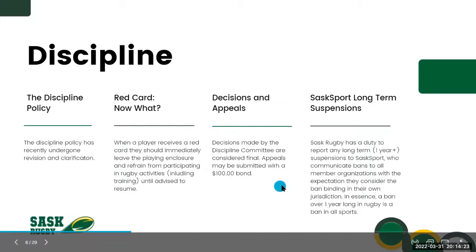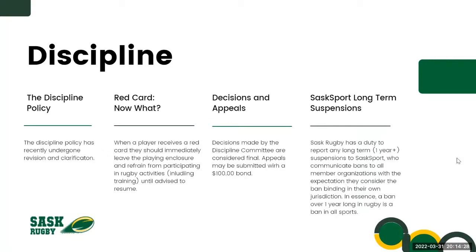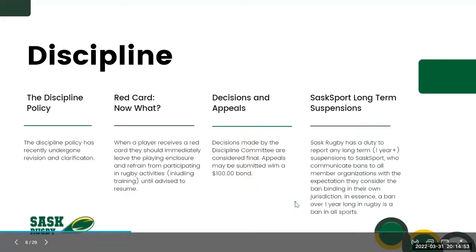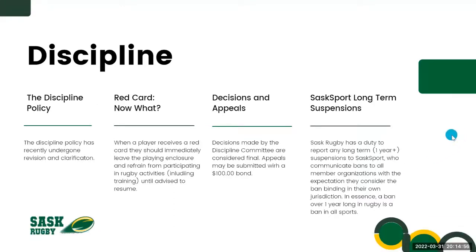The purpose of that bond is to prevent frivolous appeals of the discipline policy, and we found that that $100 bond was not serving that function. So in line with the rules of competition bond, it's now $300, and $150 is returned if the appeal is successful, if the decision is overturned. It used to be 100 with a 100% refund, but unfortunately, it was kind of like every club was appealing every decision, and then most of the time it was myself or Jordan just explaining why an appeal wasn't relevant